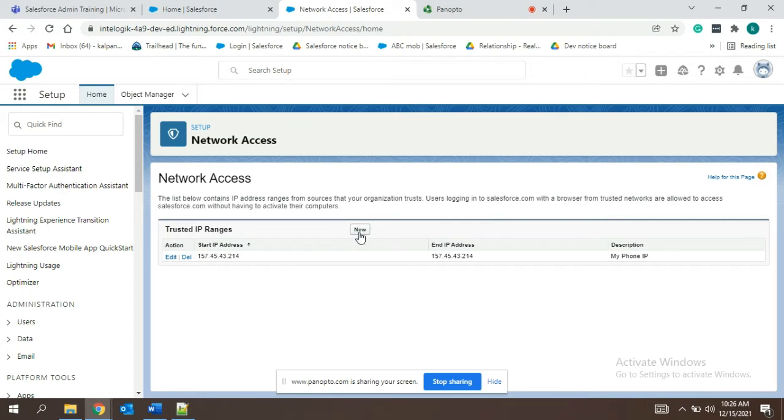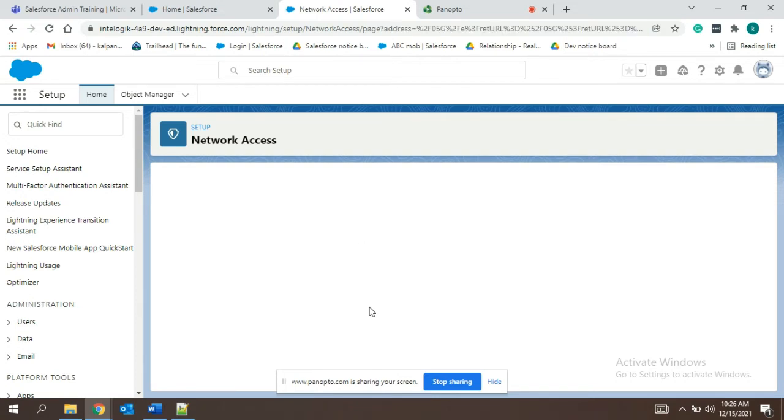So here the list will have the IP addresses which the organization is trusting, so that if you log in with that IP address, there is no need of this two-step verification, or again and again logging in. So you can create one by clicking on New.